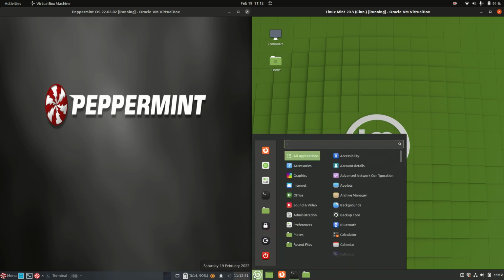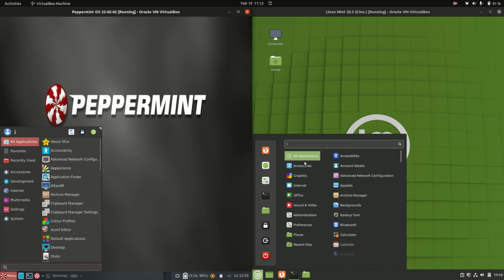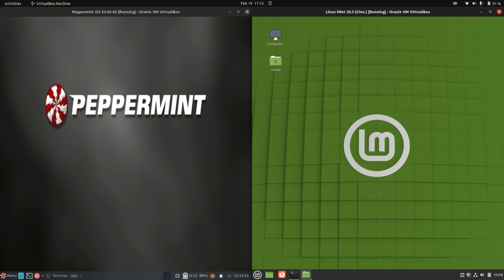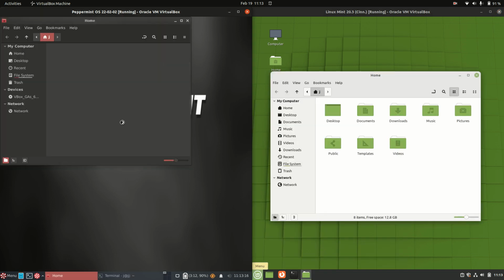And if we were to have a bit of a look at some of the software for both of these guys, it does have most things that you'll expect: browsers, Office applications, a little bit of sound and video, settings and admin tools there as well, logs, everything that you could normally possibly hope for, really, when it comes to Linux. If we were to go a little bit further and have a look at the file managers,